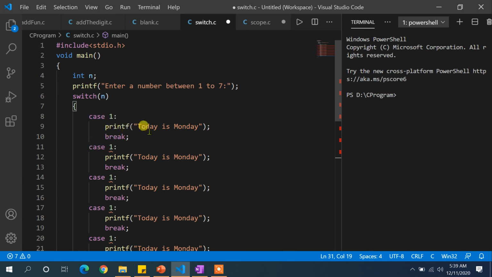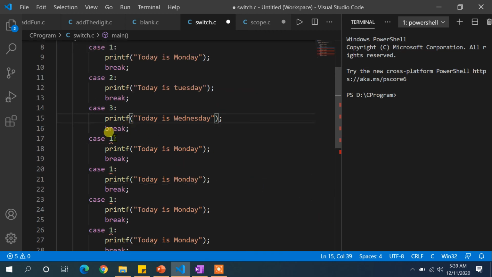So case number 1 will print Monday, case number 2 will print Tuesday, case number 3 will print Wednesday, and case number 4 will print Thursday.